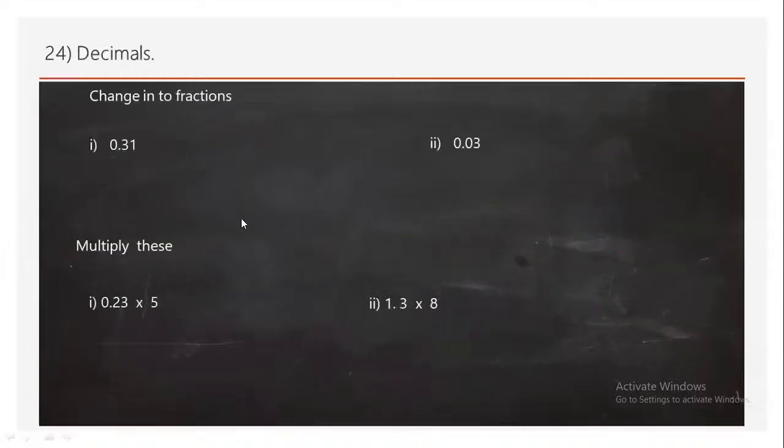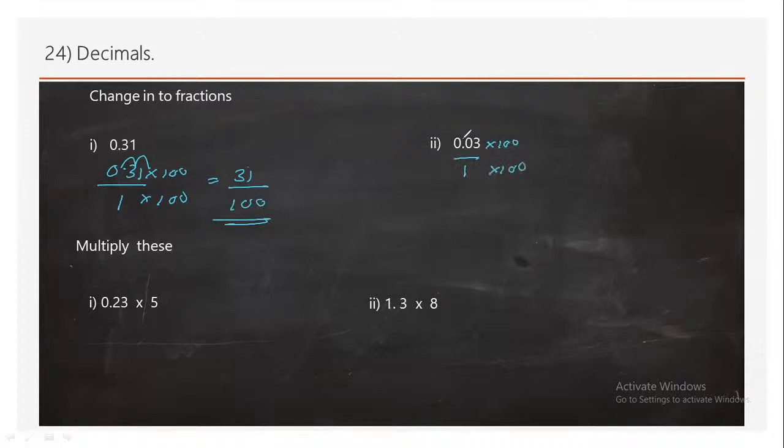Next question, question number 24, decimals. Change into fractions. So 0.31, imagine one below the line, 2 decimal places. I want to remove these 2 decimal places, multiplied by 100, multiplied by 100. 31 over 1 into 100, 100. And here also below the line 1, multiplied by 100, multiplied by 100. 3 over 100. This one,